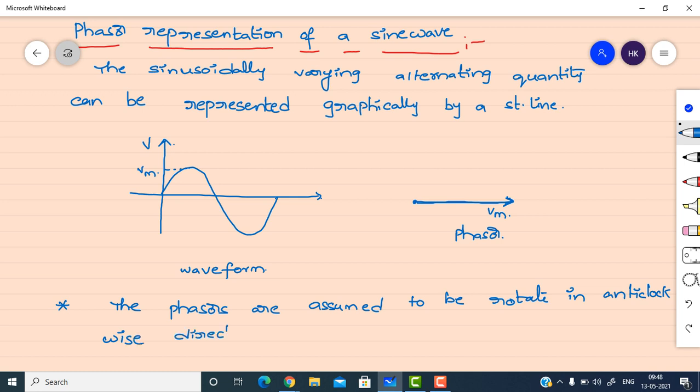If you have one waveform, you can represent the waveform in terms of a phasor like this, a straight line consisting of an arrow. This is the phasor of this waveform. Suppose you have two waveforms, and one waveform is lagging with respect to the other and one is leading with respect to the other, then how can we represent? Then it is called the phasor diagram. If you have more than one waveform, then if you draw the phasors altogether, it is called a phasor diagram. So lagging phasor, leading phasor, I will show you that also. So before going to that, first